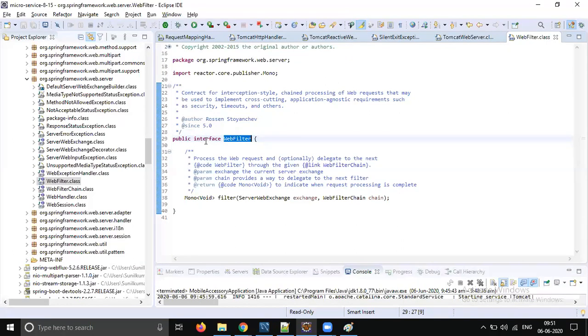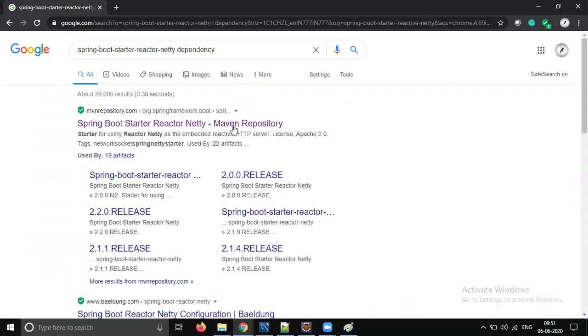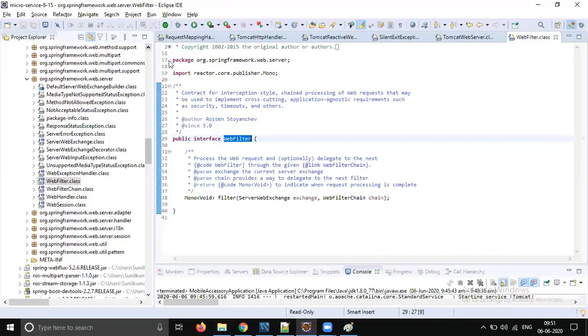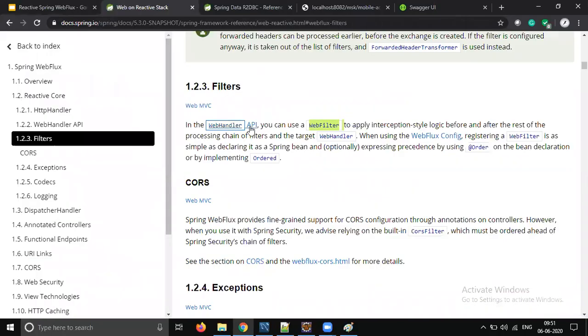But anyway, our scenario is a little different, right? We are using some common technical stack, which needs to work for Spring MVC and Spring WebFlux. So that's the reason why we are not using it, okay? But I will show one small example of how to use this filter where we don't have any servlet dependency.